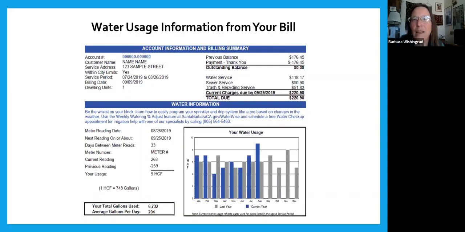There's 748 gallons in each 100 cubic feet. So in this particular bill, oh yeah, there you go. In this particular bill shows that you've used 9